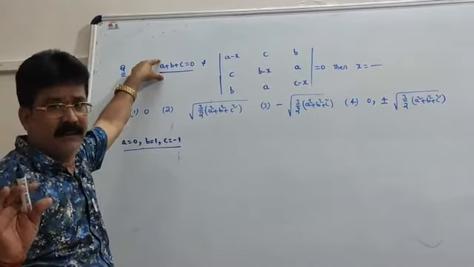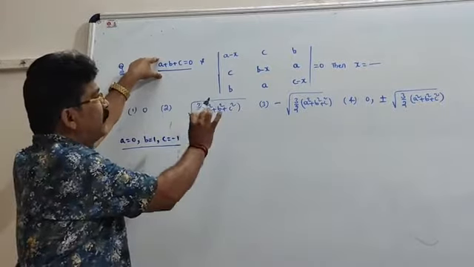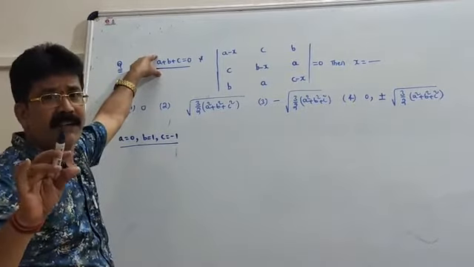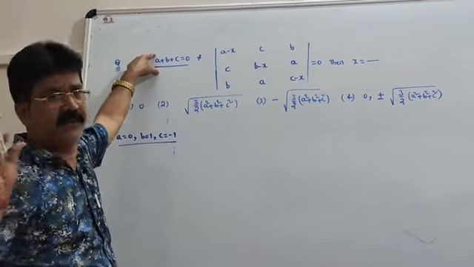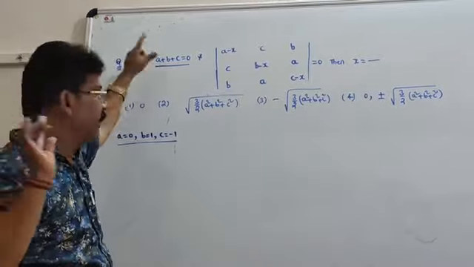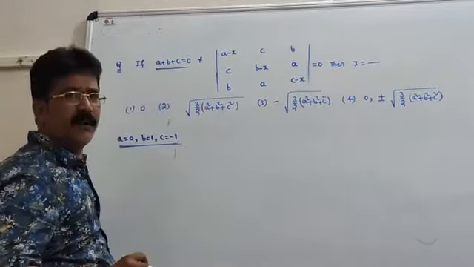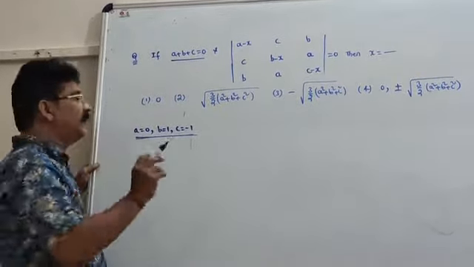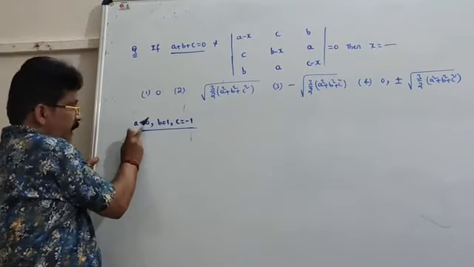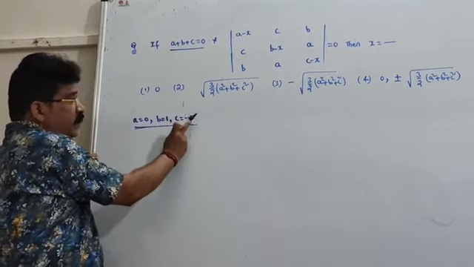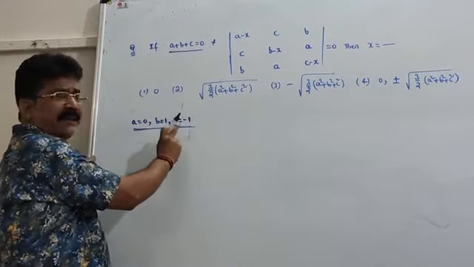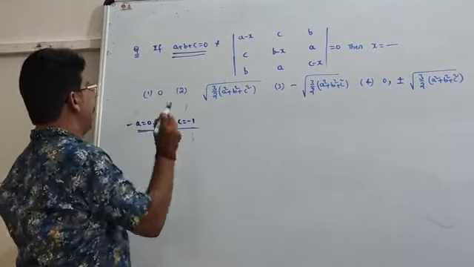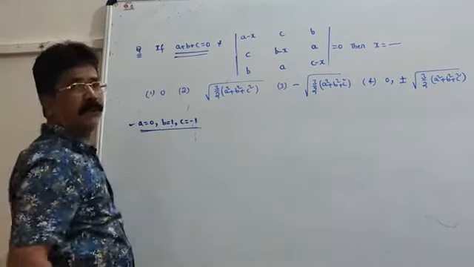This is the shortcut. Please don't open this determinant or do this question by using elementary transformations as in the board syllabus. This is the difference. Okay. Now I wish to take 0, 1, minus 1 for the values of a, b, c respectively. You can select 2, minus 2, or a equal to 1, b equal to 0, c equal to minus 1, something like that, so that the equation is satisfied. For the time being, I am taking a equal to 0, b equal to 1, c equal to minus 1.